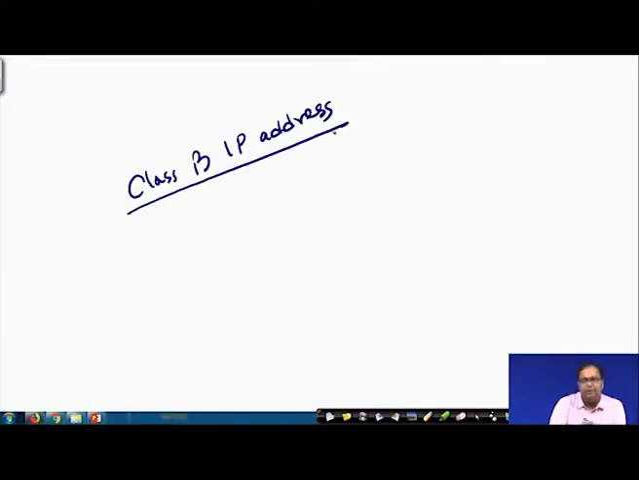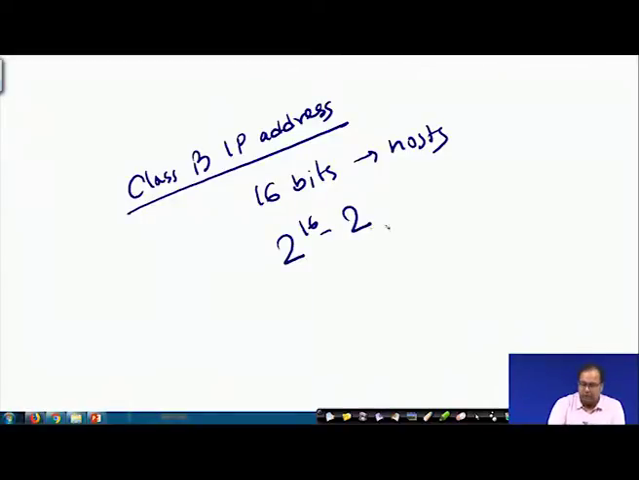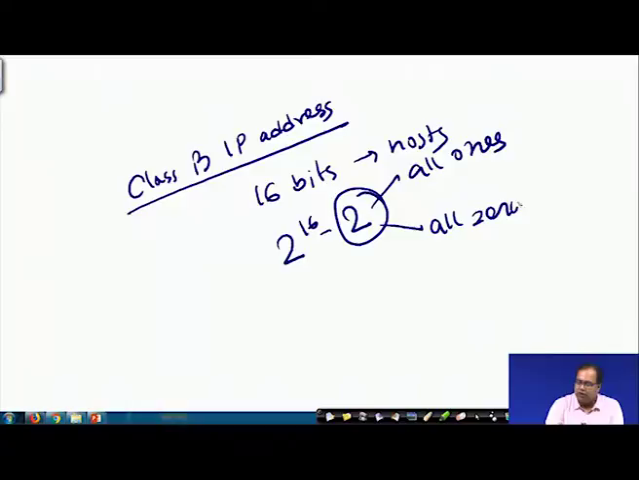in a class B IP address, you have 16 bits for the hosts. So, that means the number of valid hosts is 2 to the power 16 minus 2. Again, for these two, we are omitting all ones, which is the broadcast address, and all zeros, which is the network address. For a class C IP address,